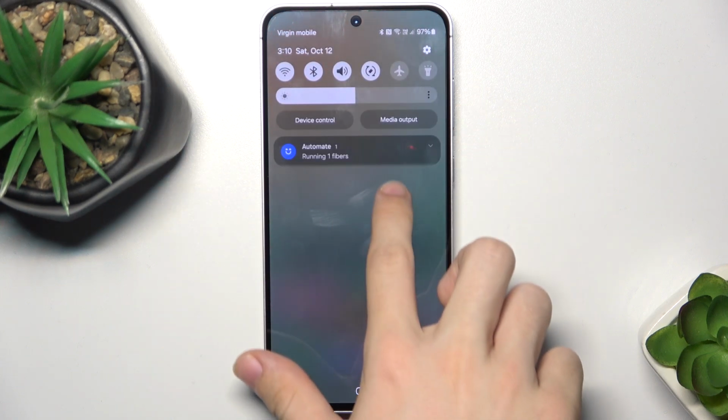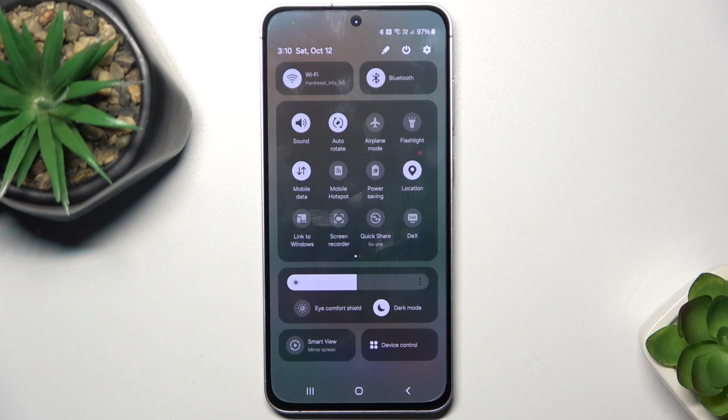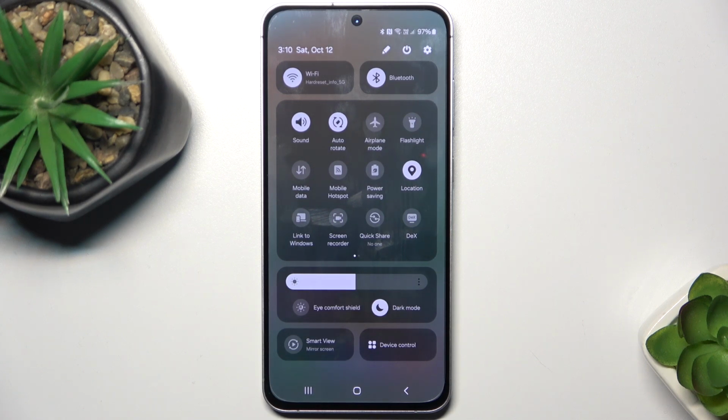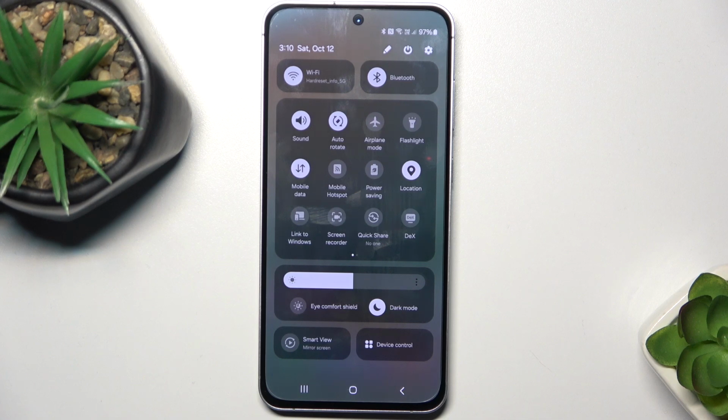then you should try swiping down from the top of your screen twice and clicking on mobile data to turn it gray so it's disabled, and wait for about 10 to 15 seconds. Then you can turn it back on to set it to white, and now check if mobile data works. Try going to any website,